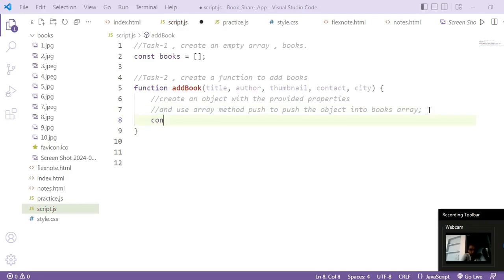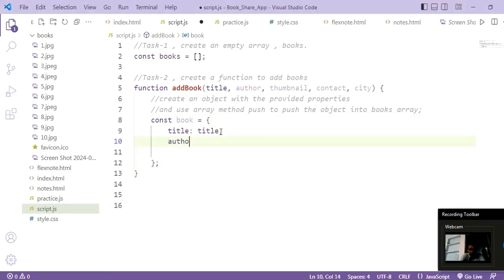Okay, so const book equals. Okay, so this is your empty object and its name is book. Now using these properties, title, author, thumbnail, contact, city, I am creating the book object. So first is title, then comma.